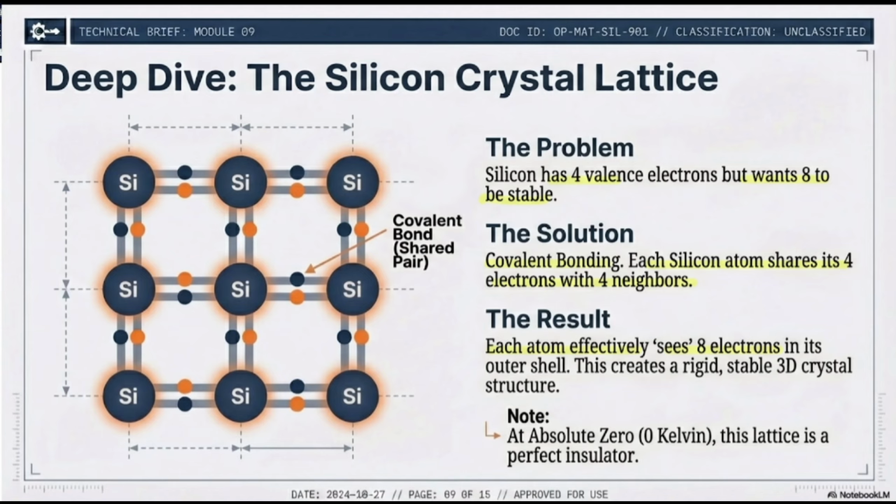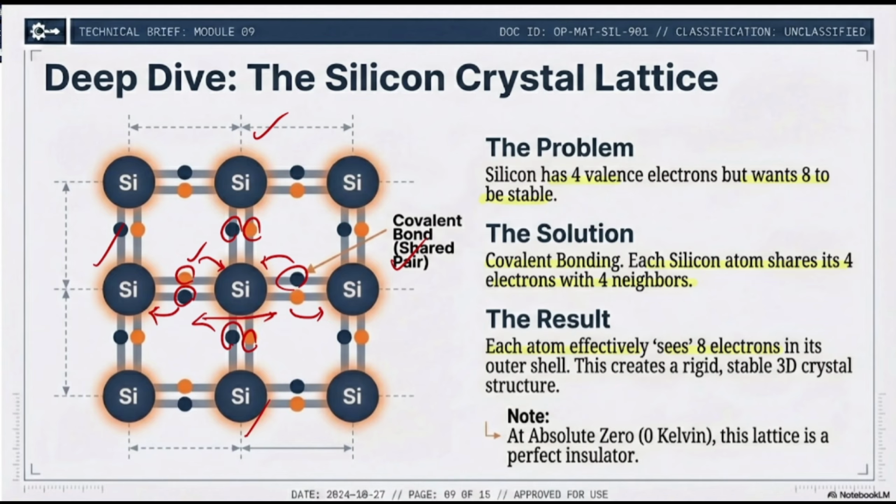As you can see over here, we have one electron and two electrons. This means that one electron is from this silicon and one electron is from this silicon. Then we have the same scenario here: one electron is for this guy and one electron for this guy. Same scenario over here. So 4 electrons come from one silicon and 4 electrons come from the other silicon atoms. So at this point, my guy, the middle silicon, can see 8 electrons in